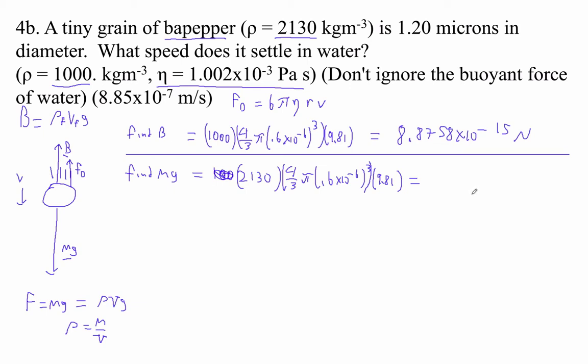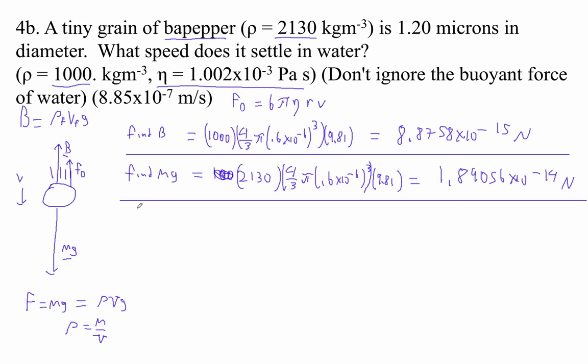So I end up with 2130. Okay, here we go. And this is somewhat more, right? It's 1.89056 times 10 to the minus 14th newtons. Okay, so the Stokes force has to equal, I guess, the difference between the gravity and the buoyant force,